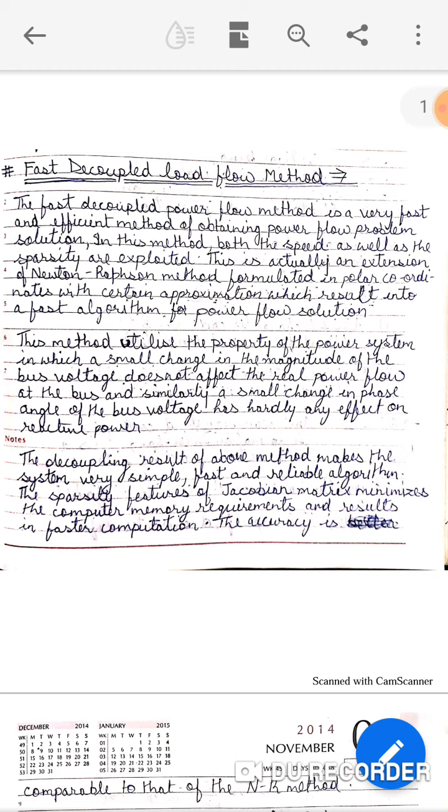The decoupled result mentioned above makes the system a very easy, fast and reliable algorithm. The sparsity feature of the Jacobian matrix minimizes the computer memory requirement and results in faster computation. The accuracy is comparable with the